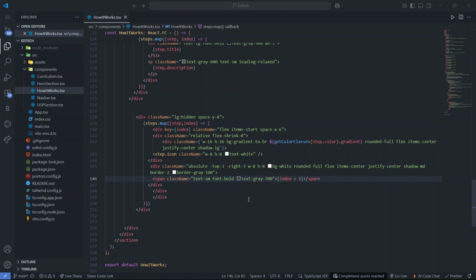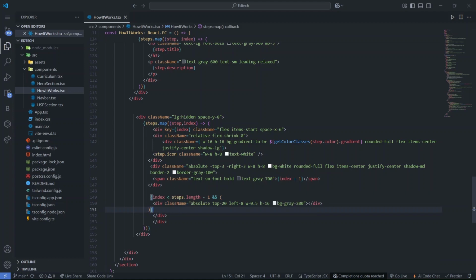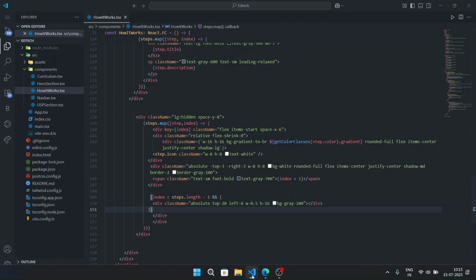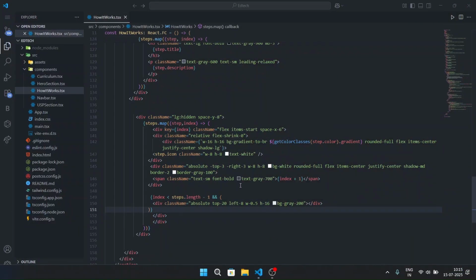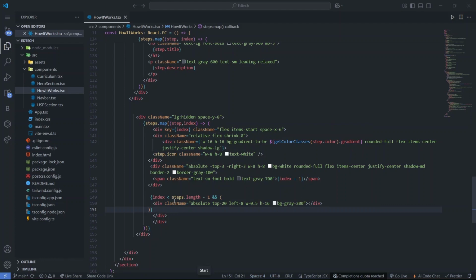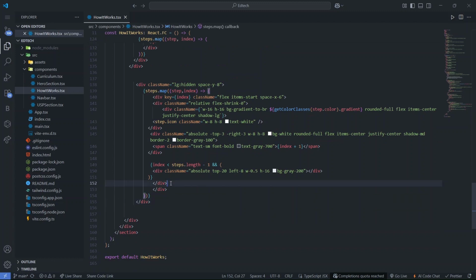And then we are showing the lines instead of arrows. So nothing to worry, we are not using an arrow icon. We have just created a div, and this div has position absolute, top 20 from the top, left 8, and a width and height. The height is more and the width is less, so you can see that the width is less and the height is more. So this is a small div. Using a div we have created the line, instead of showing an arrow. Then after this we can show